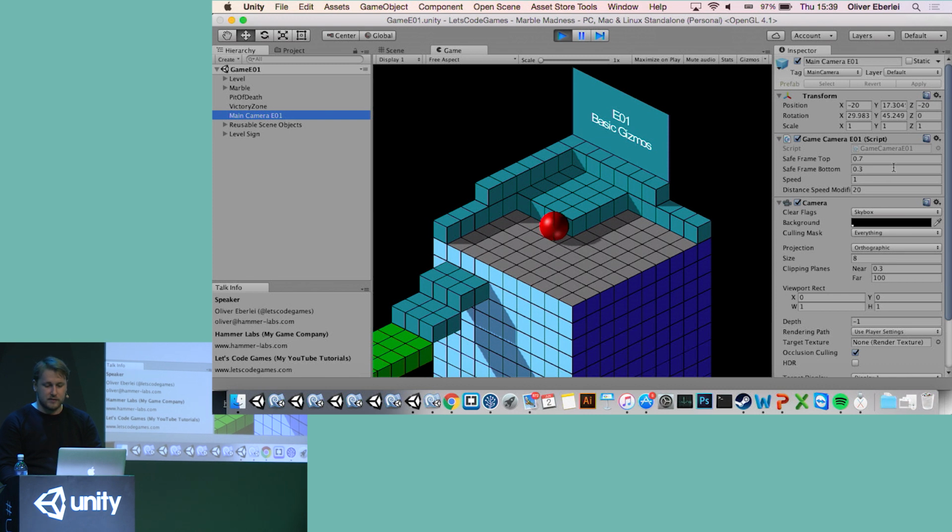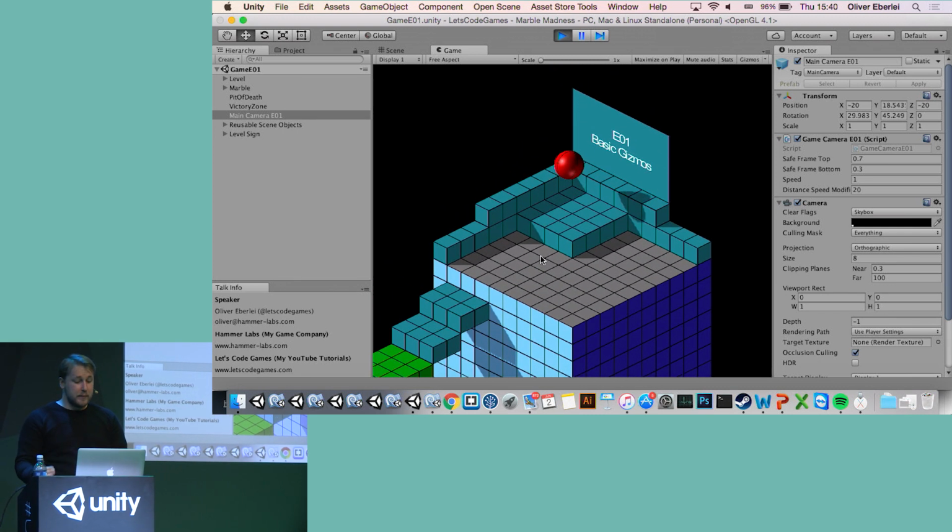So I'm saying here the top safe frame is at 70% of the screen, so roughly here, and the lower safe frame is at 30% of the screen, so roughly here. And whenever the ball moves out of those ranges, the camera follows suit. But in order to dial this in and make this exactly where you want it to be, it would be nice to visualize those regions.